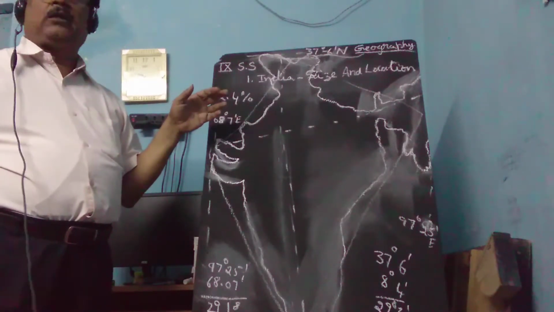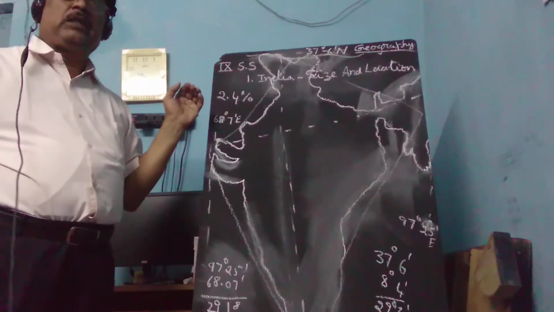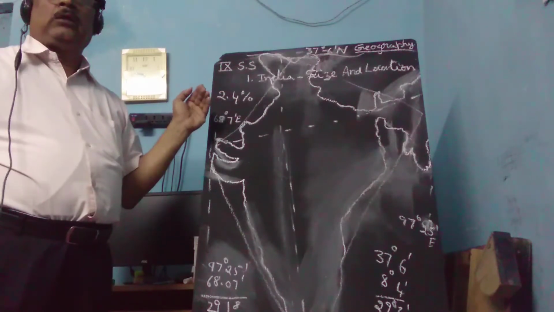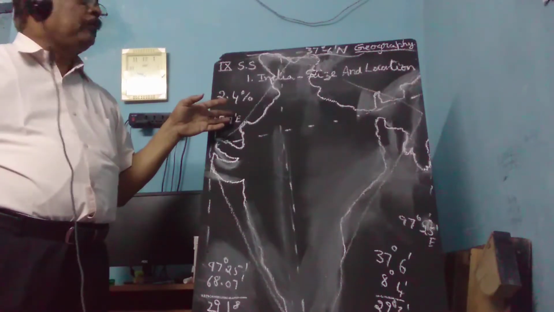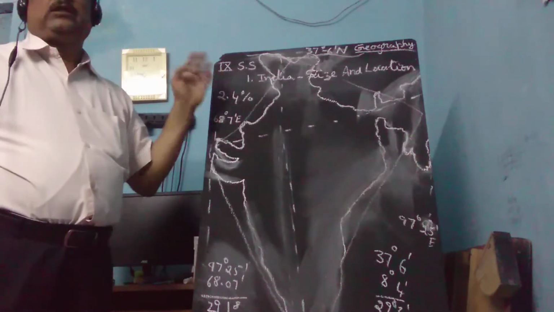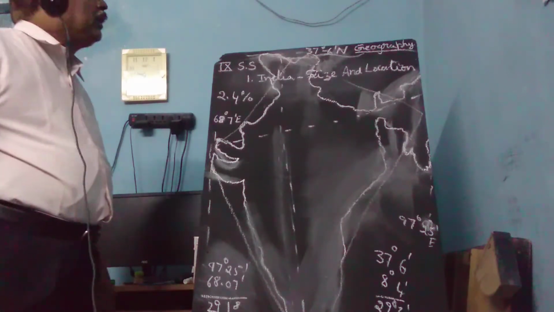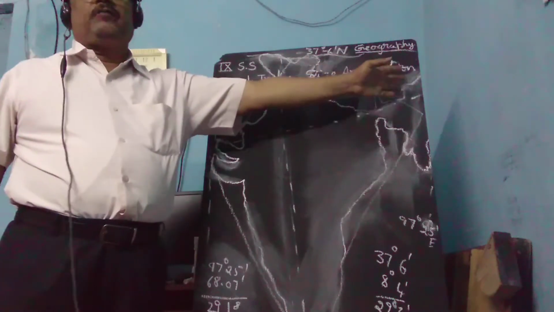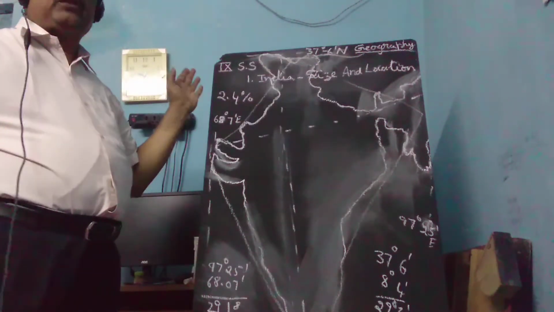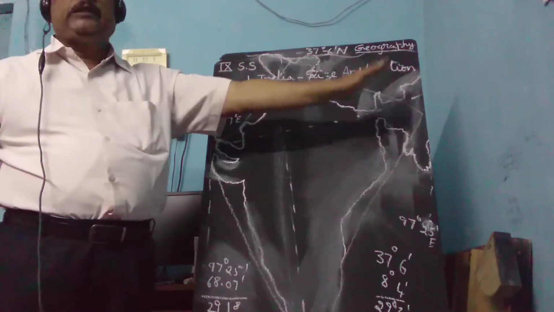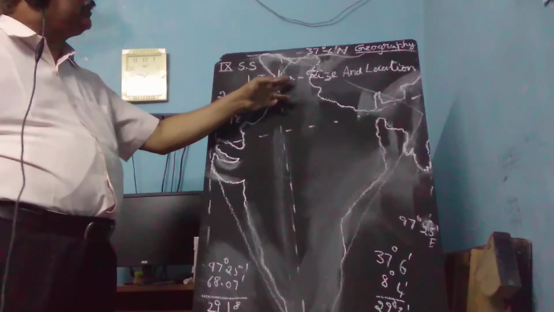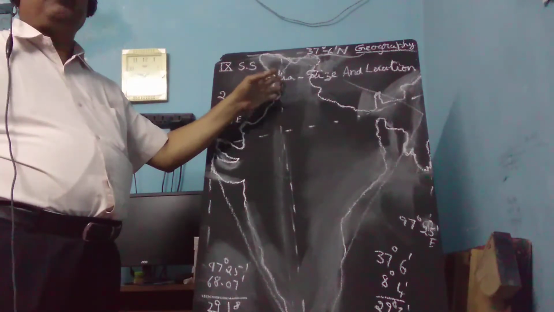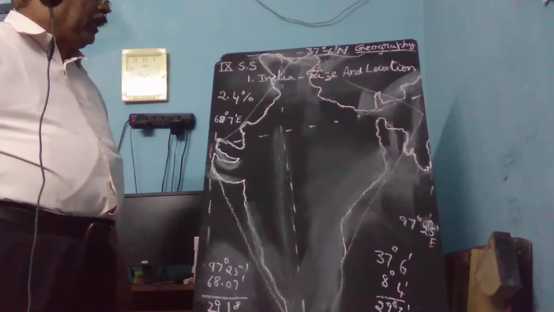Through the Himalayas, there are mountain passes like Khyber, Bolan, Nathula passes. Through these passes, since ancient times, the businessmen or merchants went from the eastern part of the globe to the western part, and also from the western part of the globe to the eastern. In this way, India's location is at an important place.